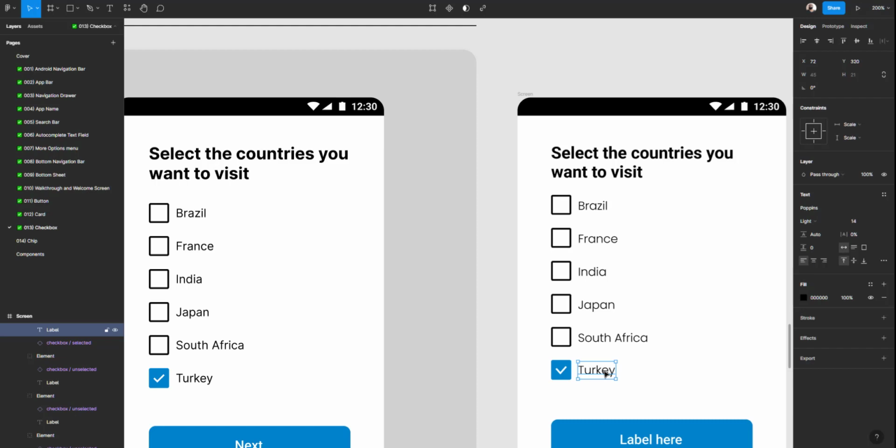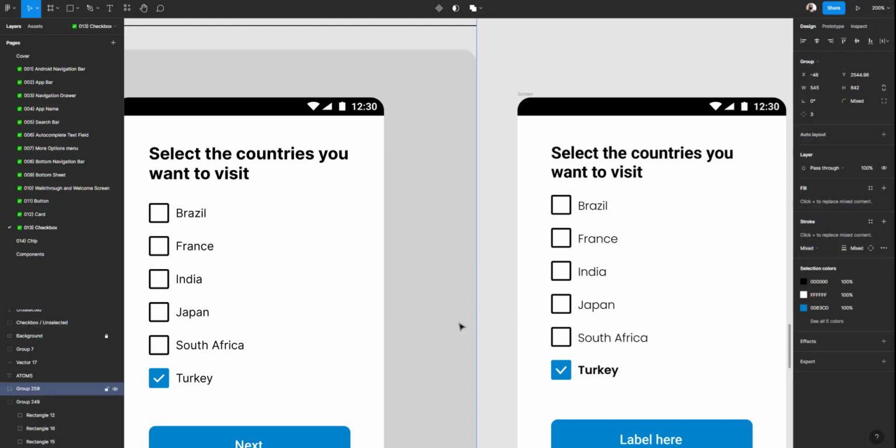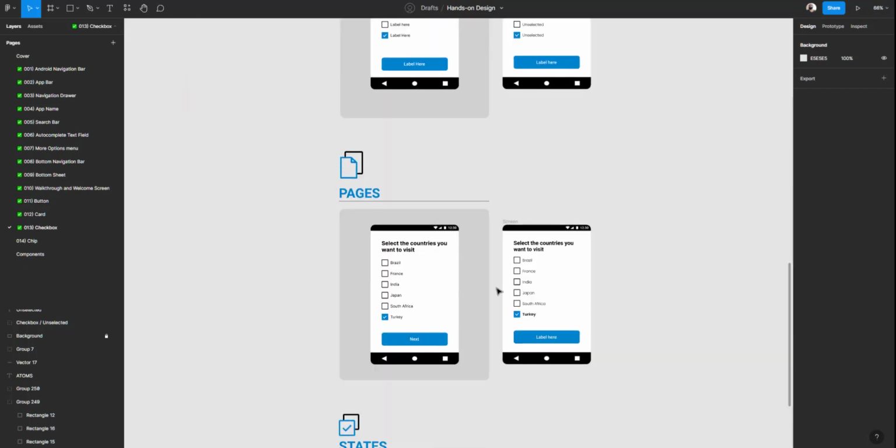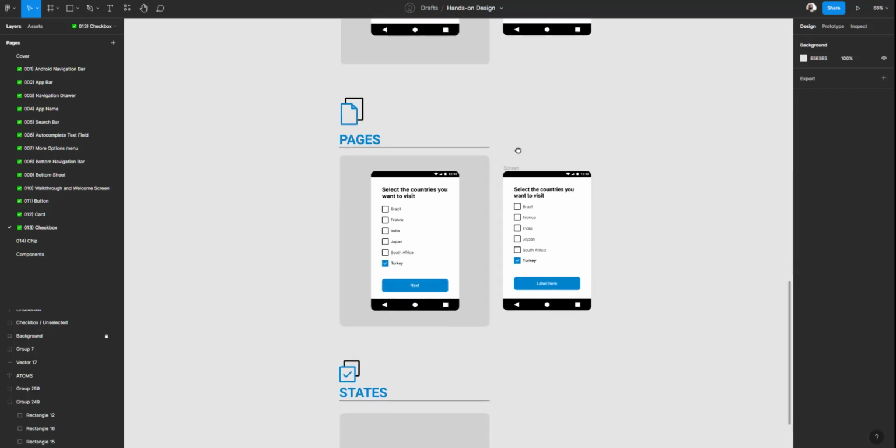We could even select this word and press Ctrl B, or change here to semi-bold or regular, something like this, because many people like to work this way, where the element which is selected can be in a different weight, you know, bold, semi-bold, black, jumbo. So we have this page, and now it's time to talk about